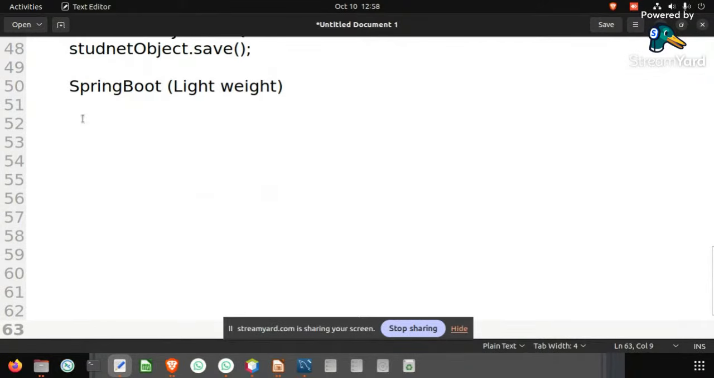So the date is going to be from 13 to 16, half day, and the thing that we are going to do is build a Spring Boot application. For that, what are the things required? Prerequisites are